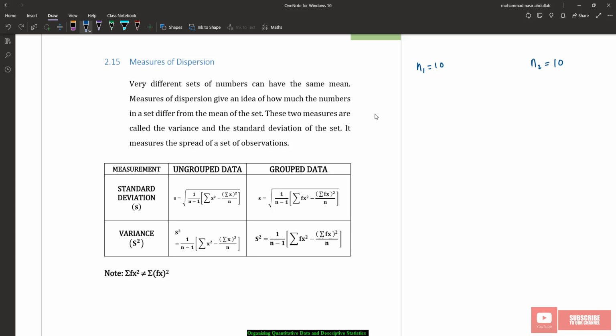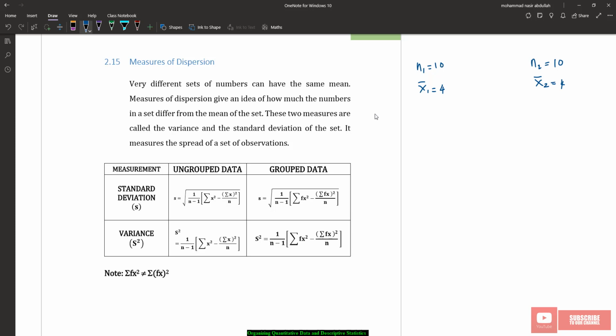So I will get the mean for x1 equal to, let's say, 4. Let's say the mean for playground number 2 is also equal to 4. Based on these statistics, can we say these two distributions are equal? No, because we cannot make a conclusion yet, because we need to have the spread of the values, meaning the